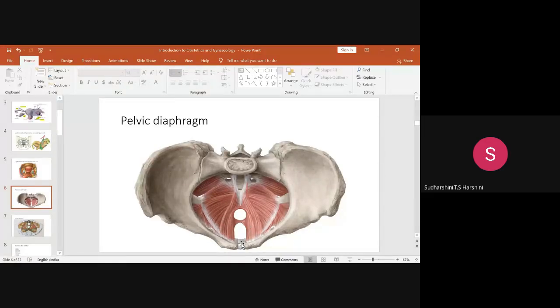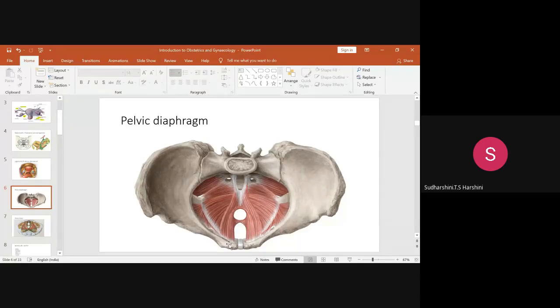I'll tell you. So pubococcygeus, as the name suggests, originates from the posterior aspect of the pubis and is getting attached to the coccyx. This entire muscle is the pubococcygeus. And the first opening that you see is called the hiatus urogenitalis. The urethra and the vagina go through this opening, and posterior to this, we know, is the rectum.